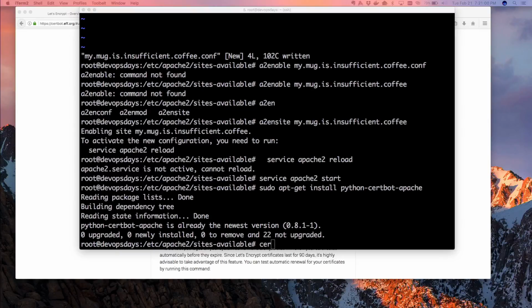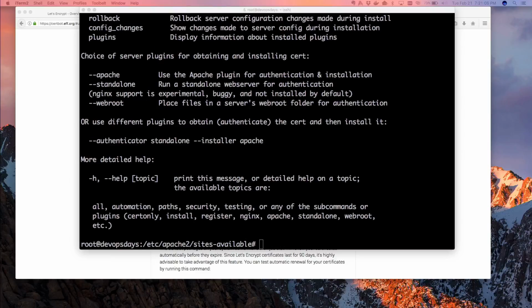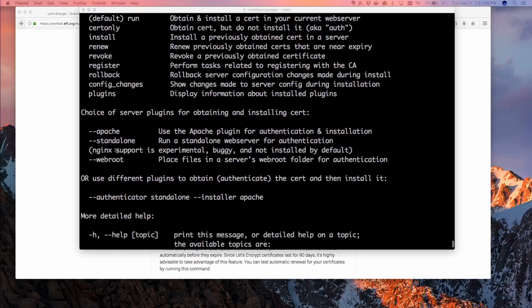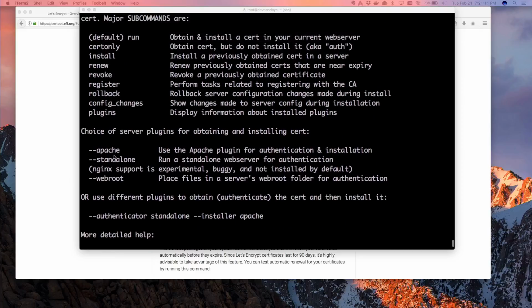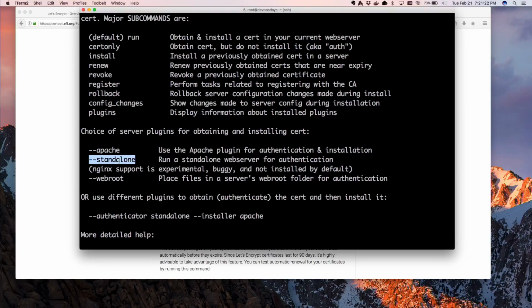Certbot. You can just say certbot help, and it will give you some useful help. The important thing to note is it's a plugin architecture. What the website just suggested we do, since we said we were using Apache, is to install the Apache plugin. But there's a bunch of ways to use it. Standalone doesn't need a web server at all.